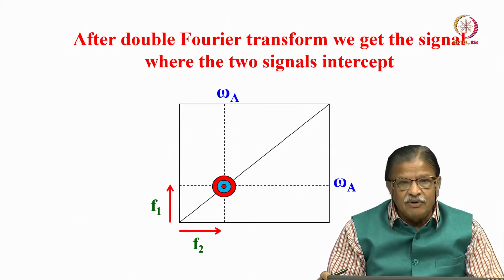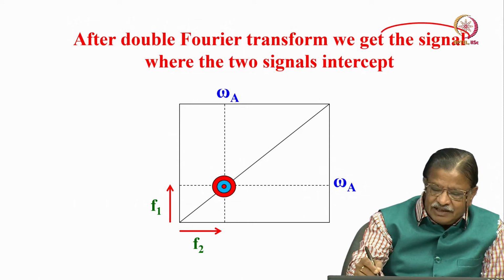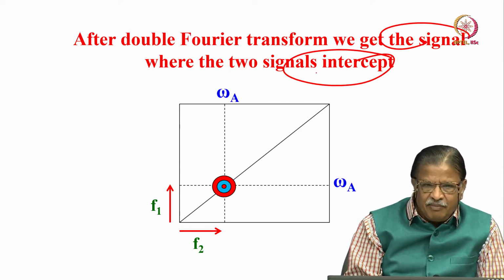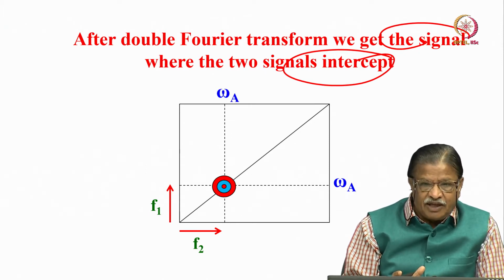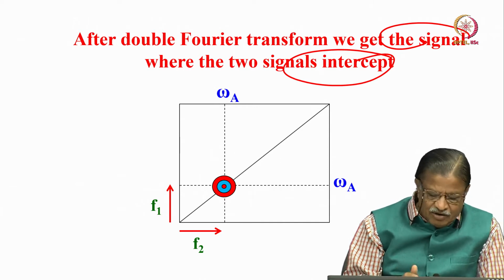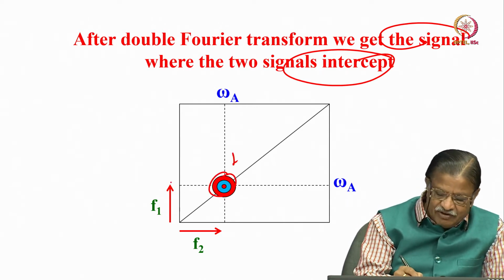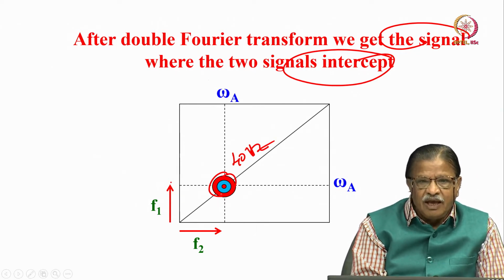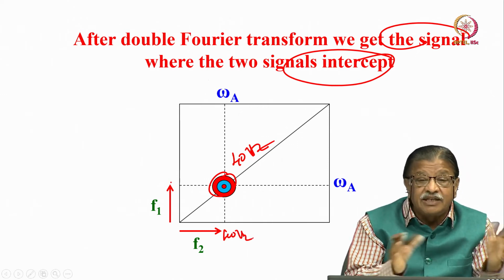Okay. This is how the spectrum looks. It is a single spin, no coupling, nothing. After double Fourier transformation, we get the signal where the two frequencies intersect. Remember, there is no coupling, nothing for it to transfer the magnetization, no other spin to interact. So let us say this is the frequency at which it evolved in the F1 dimension, call it 40 hertz, let us say. It is evolving at 40 hertz during T1, it continues to remain 40 hertz in T2 also. It did not change at all.